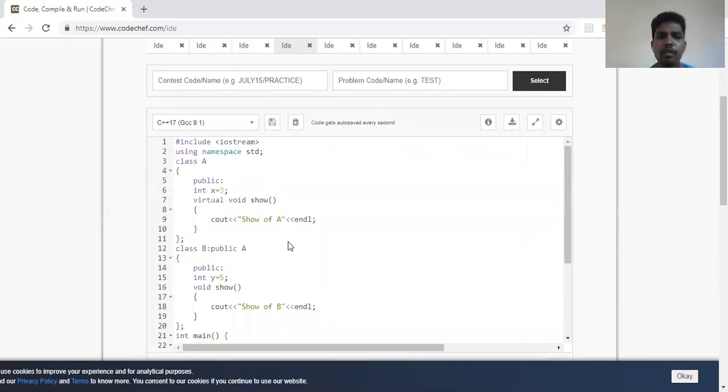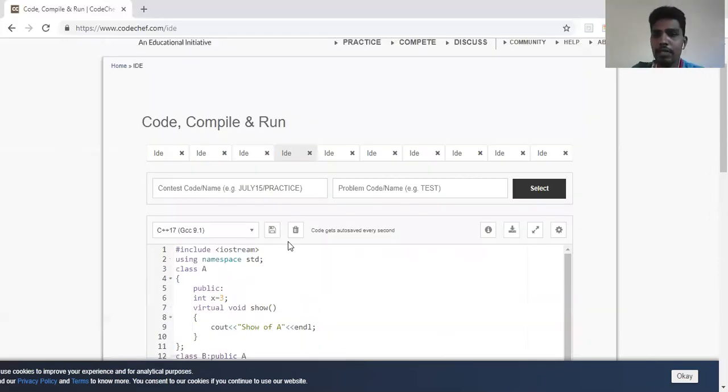So what we have seen in object-oriented concepts of C++ is encapsulation, abstraction, and then inheritance, and then polymorphism. Encapsulation is where you keep data and operations together as a single unit. When I tell class, it's having data members also, member functions also. They are bounded as a single unit. So that is encapsulation.